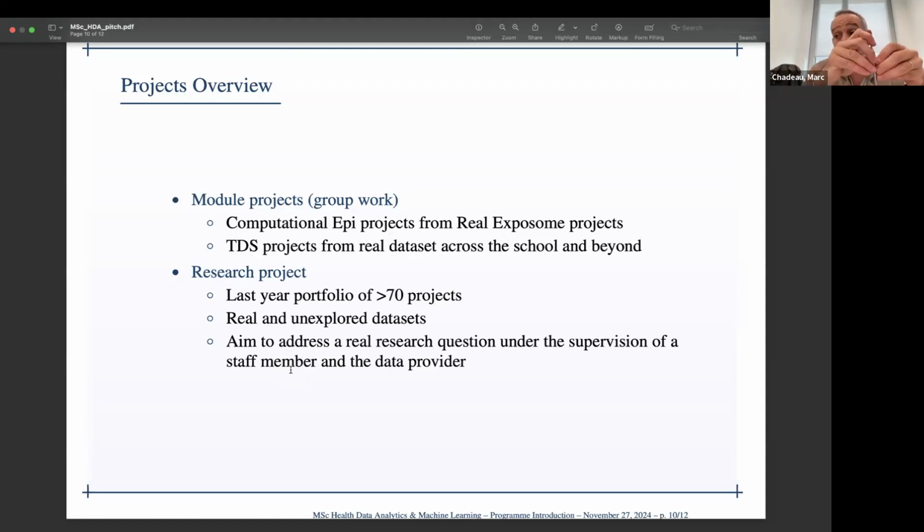Maybe sometimes it happens that you even know with whom you want to work. So we will go through it with you, look at the research proposal, and make sure that it ticks all the boxes and all the learning outcomes that we're expecting for the course. We will sign off on the project, and we'll have an Imperial supervisor just to make sure that everything goes according to plan and the project runs smoothly. But there are many options for the project. And again, these research projects usually yield publications by the students.